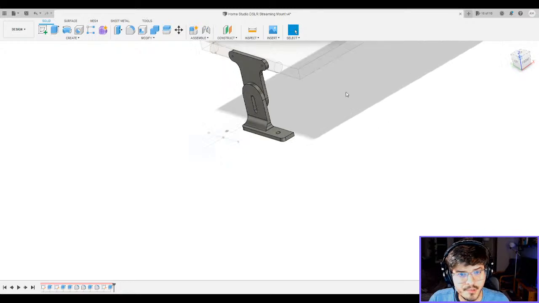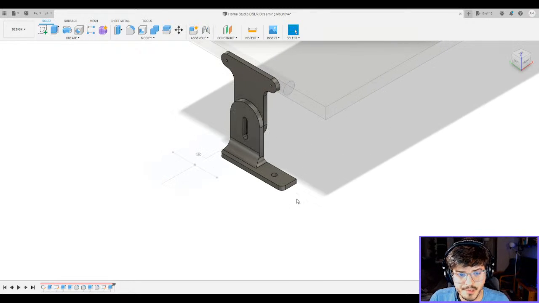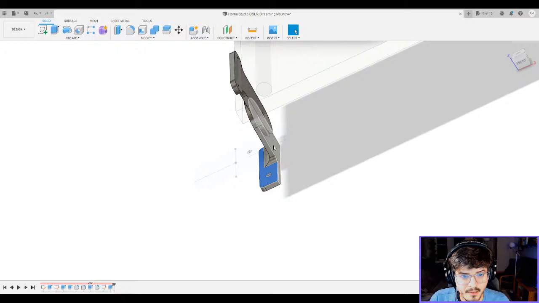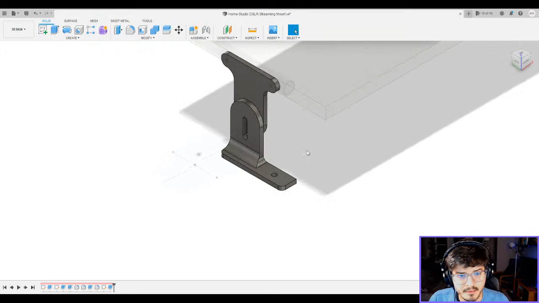Let's think about strength here and where the compressions are going to be. So again, if I'm putting a load on here and it's going to be printing flat on this side of the 3D printer, that's going to create layer lines that are going to go across like this. So the weight again is going to be distributed there, so that's nice.